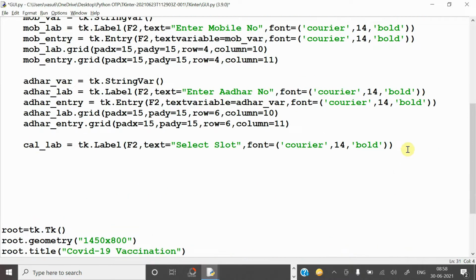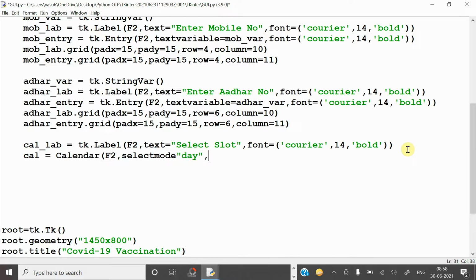Now what you have to do is create one variable which should store the calendar value. Now you have to call the function calendar. In which frame it should be there, F2. Now here you have to give the select mode, on which basis it should be selected. It should be day.